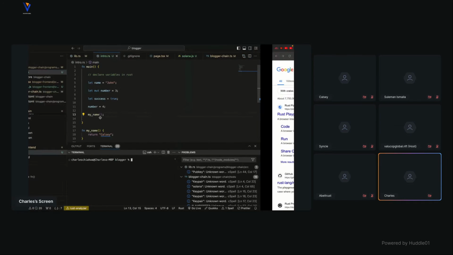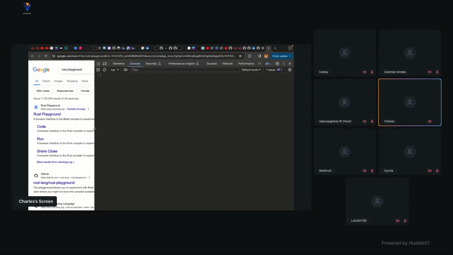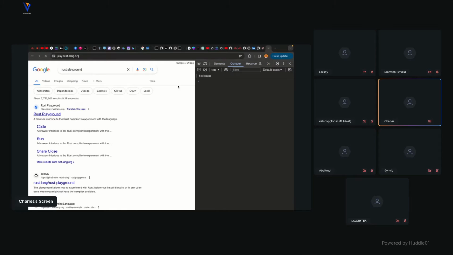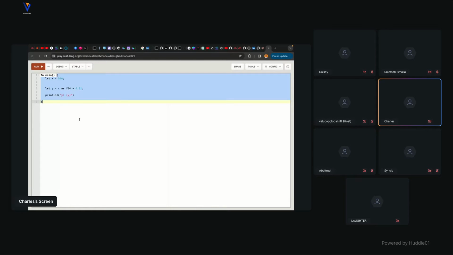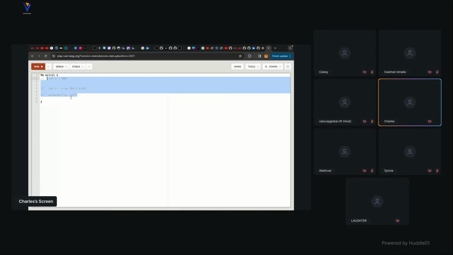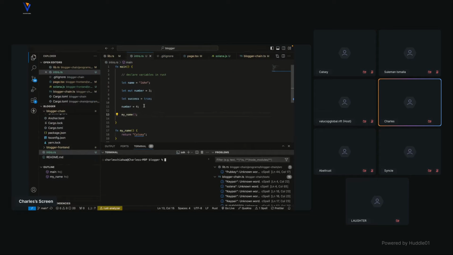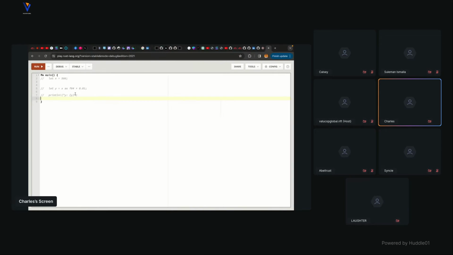The reason why I want to use a Rust playground is because I don't want to create a Rust project. I just want it to be very easy so we can understand, right? So simple, easy. Let's clear this, or I can leave this and comment this out for now. I will just copy what we have here already and put it here,